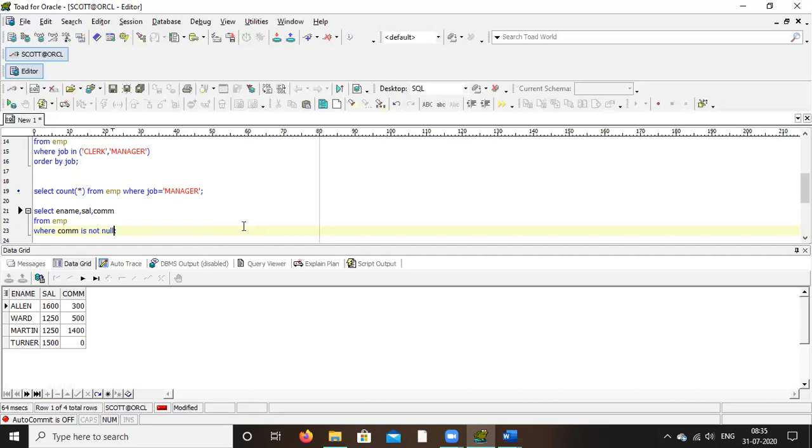Now what I told, you have to add a derived column. Derived column means salary plus commission, it should come here. Okay. Now there you can give comma in the commission. Select ename, comma salary, comma commission, comma salary plus commission.